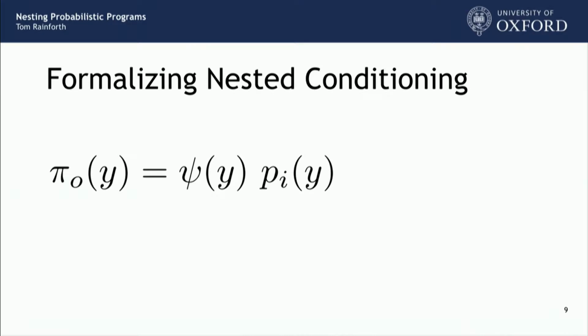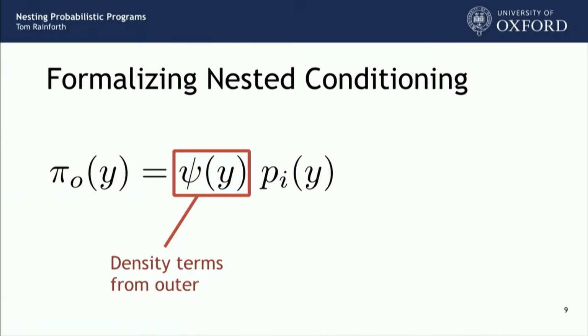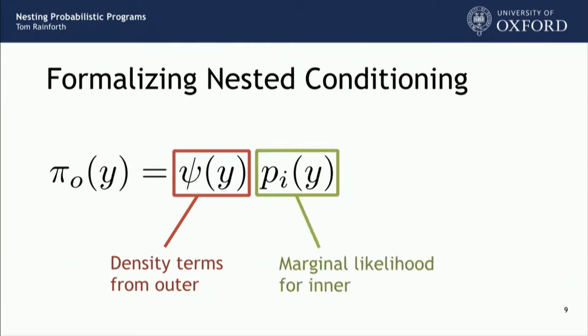We can formalize this a bit more mathematically as follows. With the outer query, we might say its unnormalized distribution is pi of y. And we can break pi of y down into two terms. The first term, which I'll call psi of y, is density terms just from this outer query. So if we ignore that inner query, what density terms were already there? The second is the marginal likelihood that we're taking from that inner query. So we're factoring the probability of the outer query using that marginal likelihood,